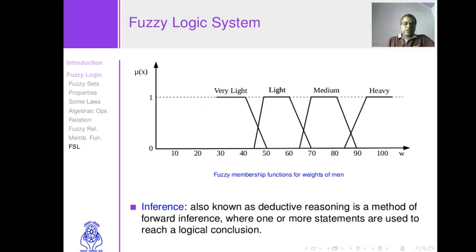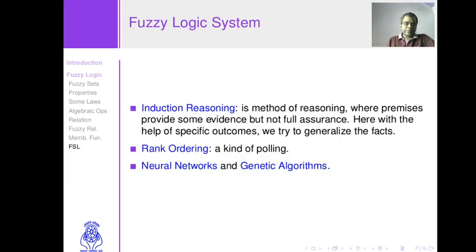That is, we state that output, that result, or that conclusion with full assurance, without any doubt. So this kind of method is known as the inference method. That is, to design the membership functions or to perform the fuzzification operation, we use a set of statements, and based on those statements we arrive at some conclusion, and accordingly we design the membership functions.